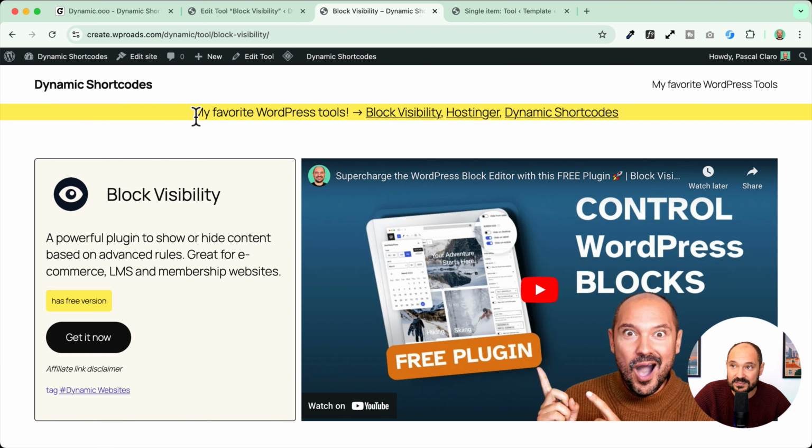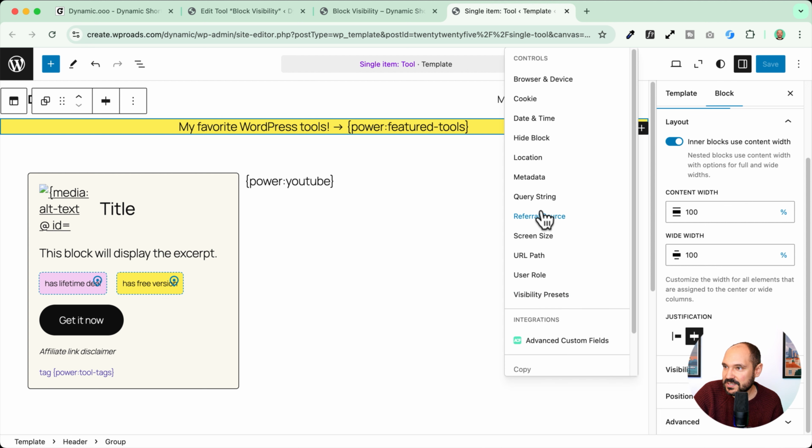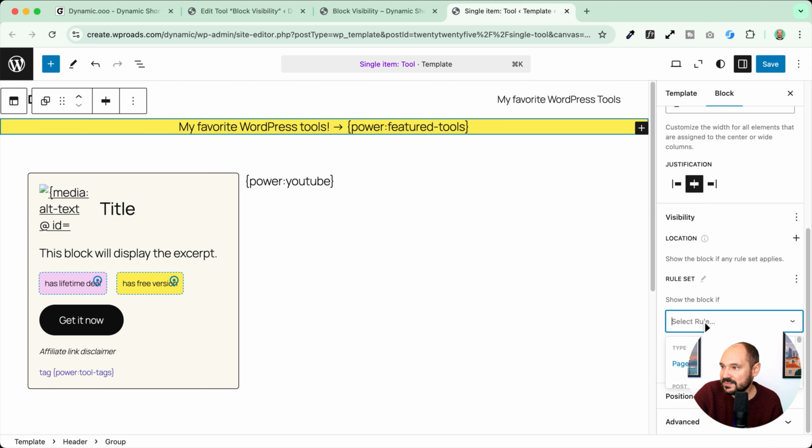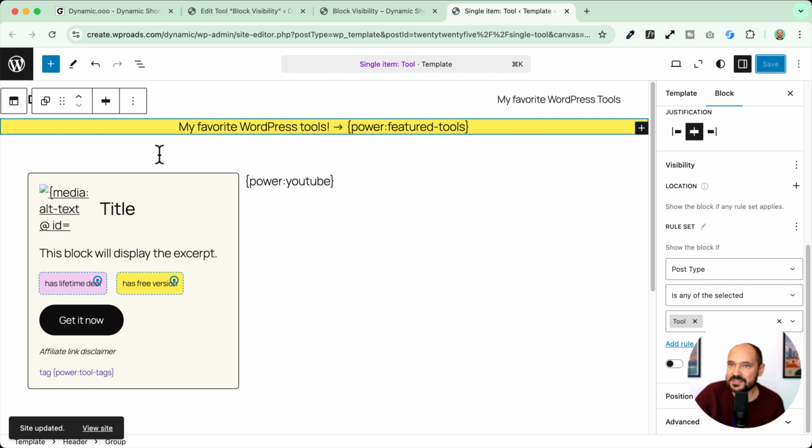And if I want to hide this specific toolbar, for example, on the single post, on the single item, I can use the power of block visibility. So I can go back here to the single item. I can go here, go to the settings, visibility, location, and I can tell the system here to hide this bar when I'm on a specific post type. If the post type is the tool post type, I will need to hide this specific bar. So when I view the site now,